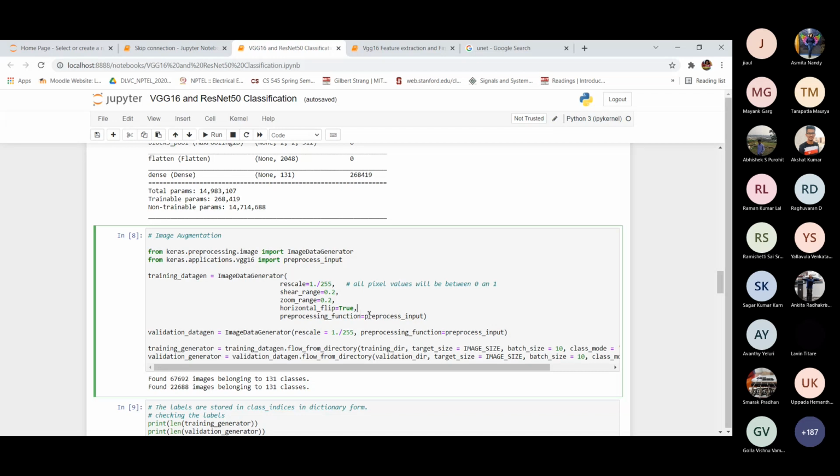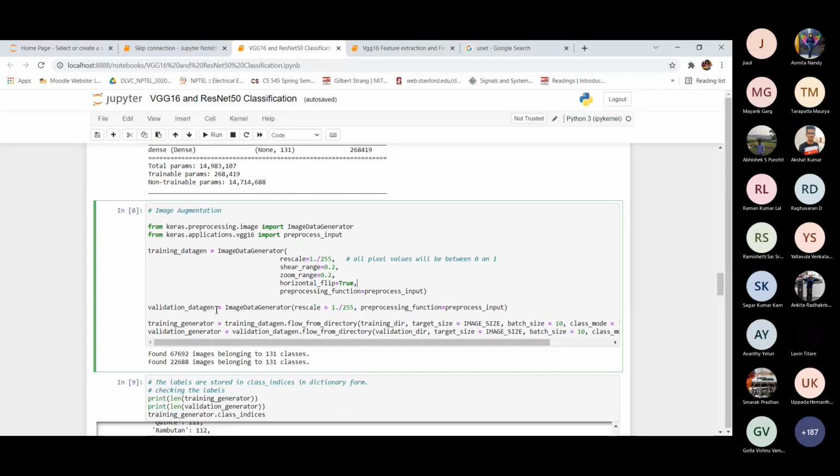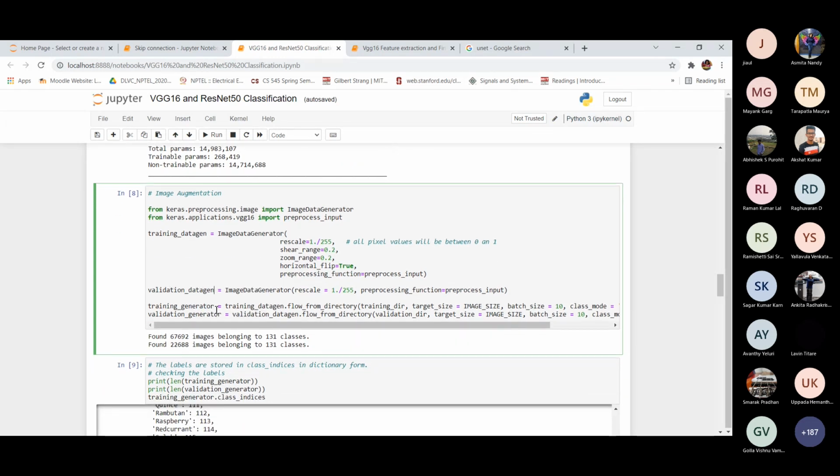We do this for the validation data also, and then we use a data loader. The training data generator has this many images and the validation data has this many images. Both have 131 classes.